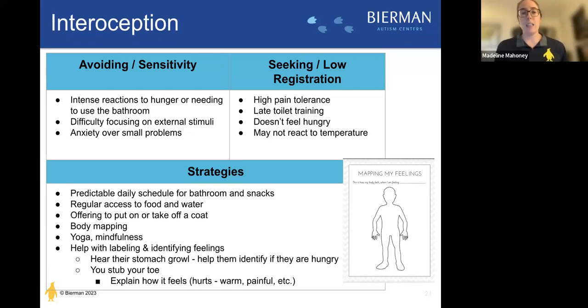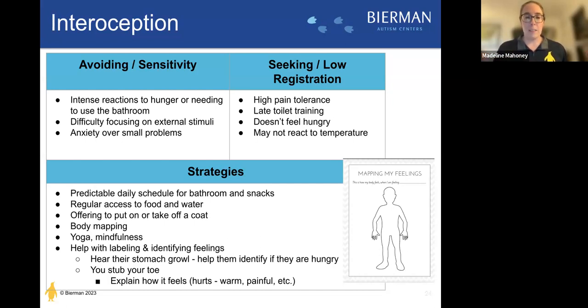They just don't have that intense reaction to hunger and may need cues to be reminded to go eat, take a break, have a snack. And then maybe they don't react to temperature, need reminders for a jacket or to put on shorts because it's really hot outside. So I kind of talked about some of the strategies as I was talking through these, avoiding